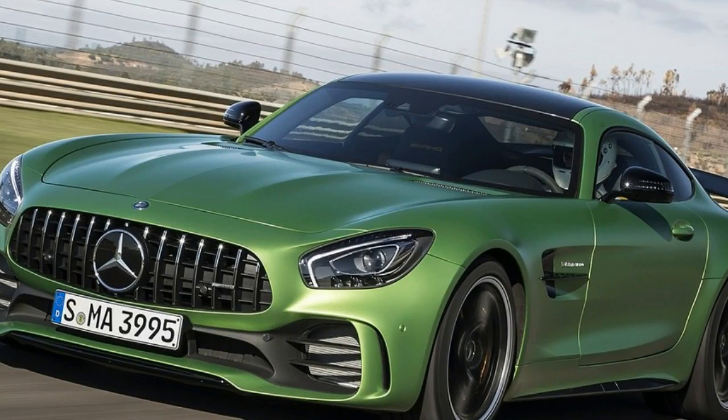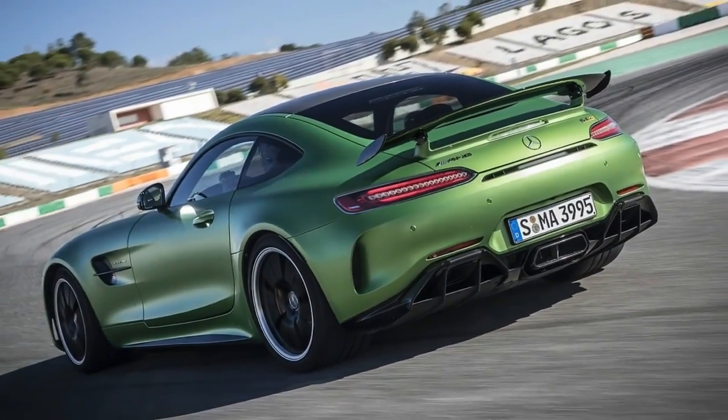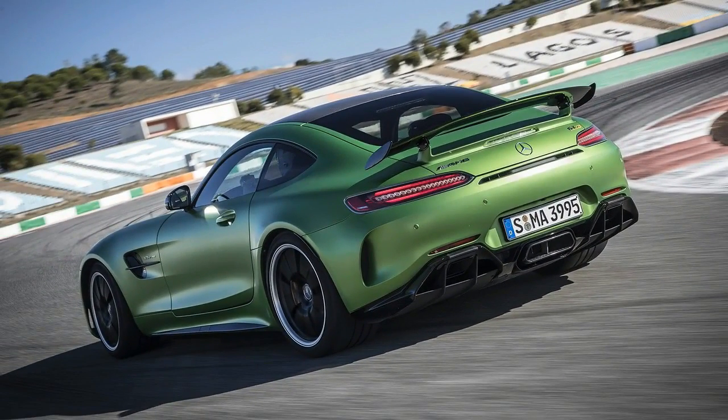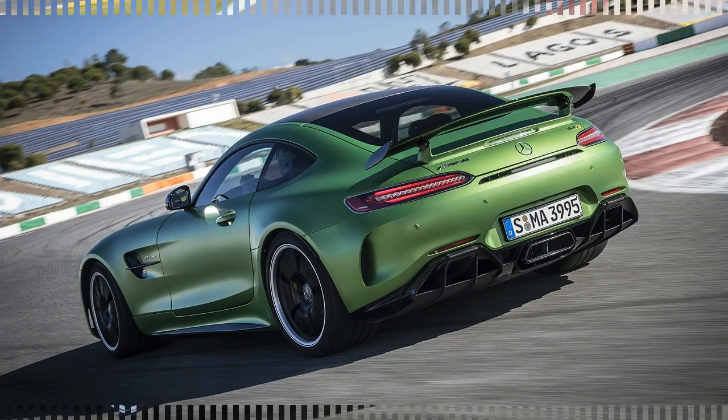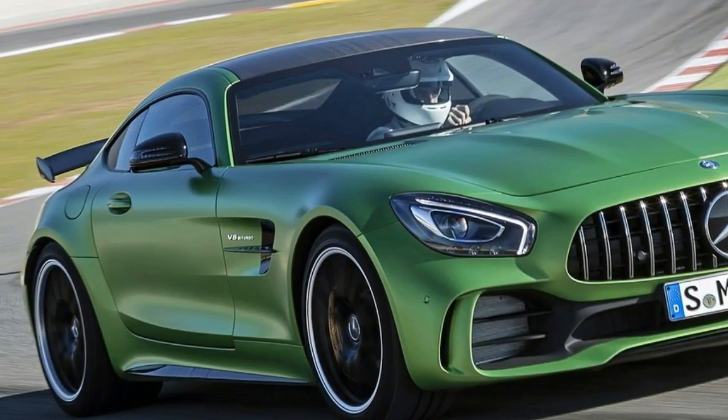These help the rear of the car remain planted, as does the carbon fiber wing that can be manually adjusted to match the downforce requirements of a particular track or drive. An electric adjustment would have added weight. And all that downforce continues to be appreciated as the Autodromo continues to throw curves at the GTR, particularly those